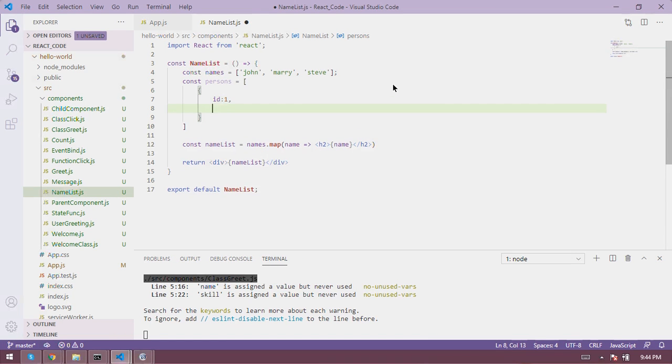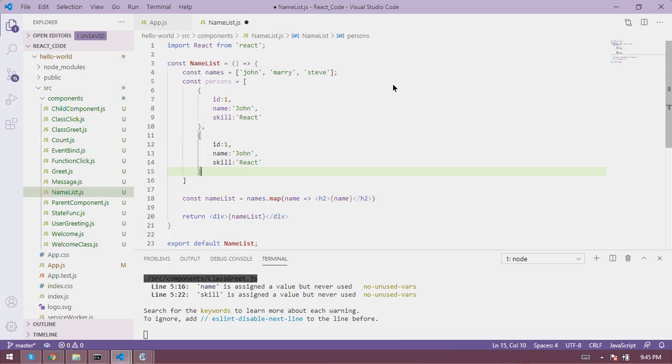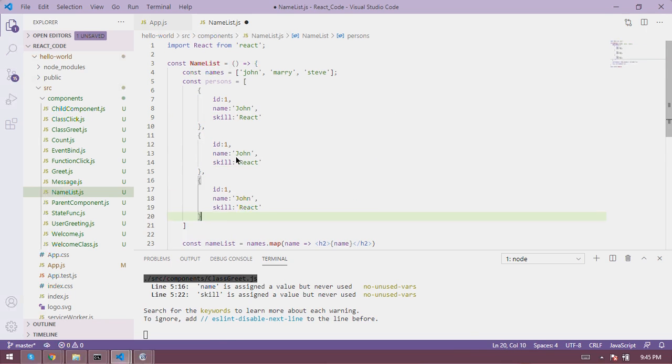Basically I'm going to type as I want, so ID is 1, name is basically the first name John, and then skill would be React. And then I'm going to copy this object again and again. ID 1 is 2, that is 3, and instead of John I'm going to use Mary. Maybe the spelling is incorrect, but